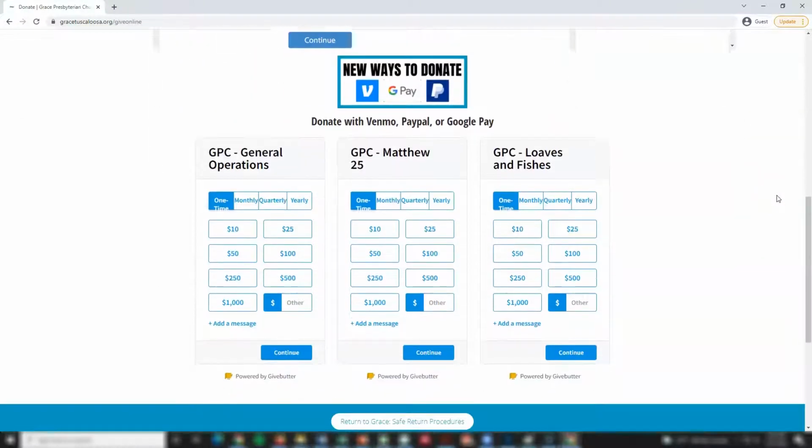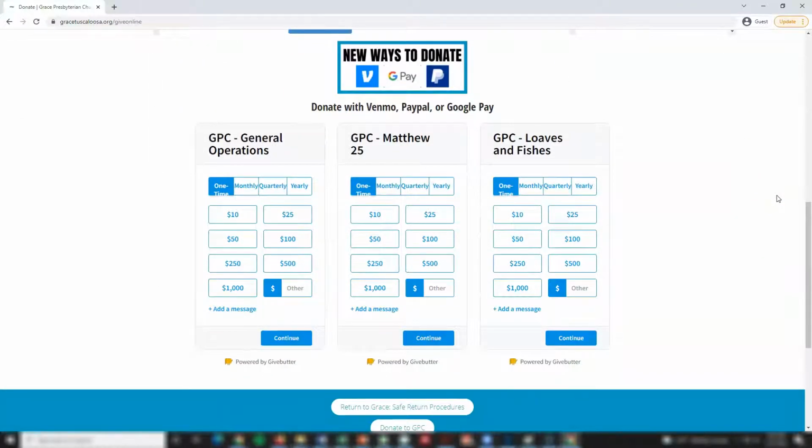To take advantage of our new and convenient ways to give using Venmo or PayPal, simply scroll down, select which fund you'd like to make your donation to, select the frequency with which you'd like to make your donation, and indicate your donation amount. If you're interested in making a one-time payment, for instance, purchasing tickets for Empty Bowls or